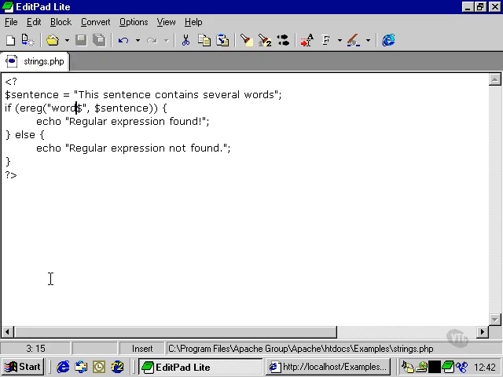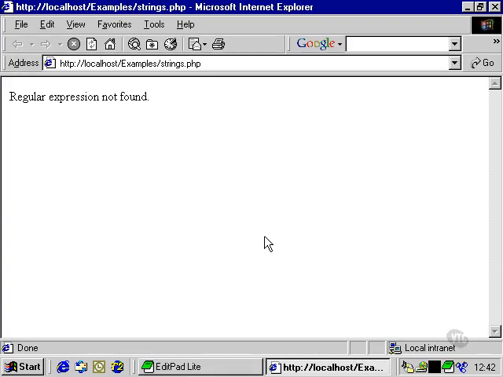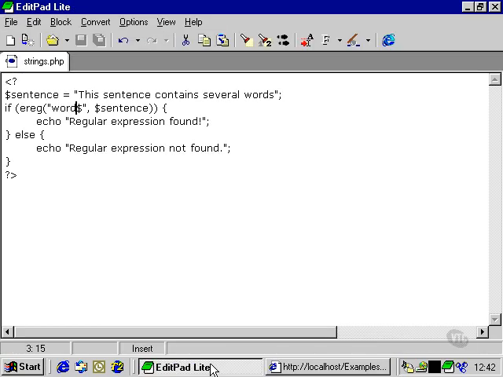If we go back to Word, take a look here, and refresh, we can see that it's not happy with that either, because it hasn't found word at the end. What this dollar symbol means, very similar to the other symbol we just looked at, is that it's looking for this string right at the end of the string, and it hasn't found it because it's also found there's an S in the way, which means it's not locked right onto the end. If we added the S there